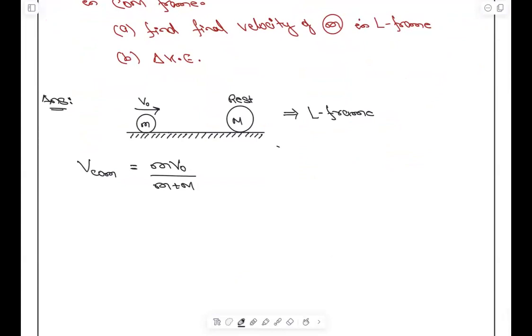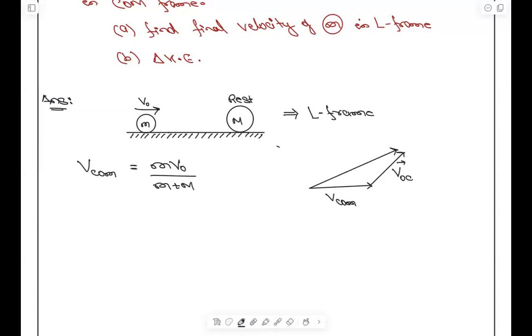Now, whenever you are asked to convert from L frame to C frame, always try to use the triangle. Based on this triangle, UPSC in the last 10 to 15 years has asked almost 4 to 5 questions, which can be easily solved using this triangle only. What was the triangle? Anyone remember? This is V center of mass. This was what? V1C. So here is V naught. So V naught C we have, right? And here it will be having,